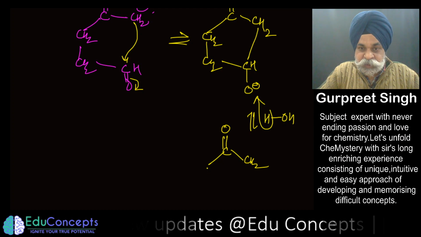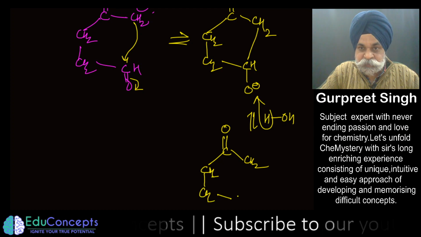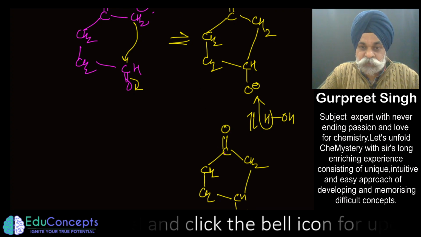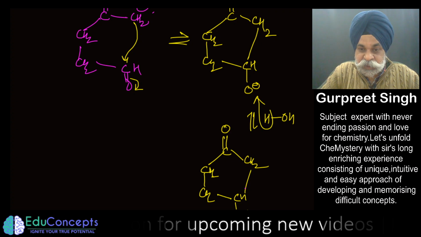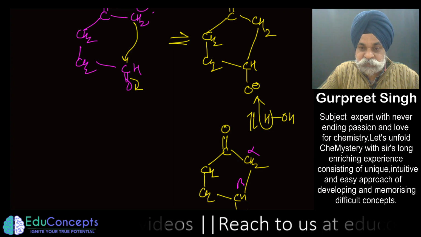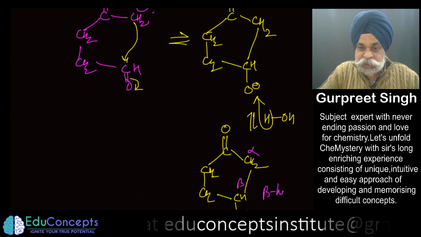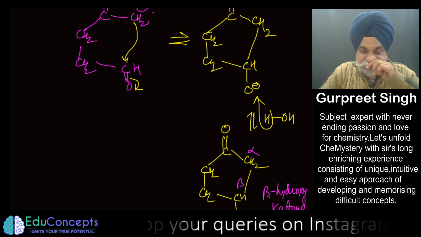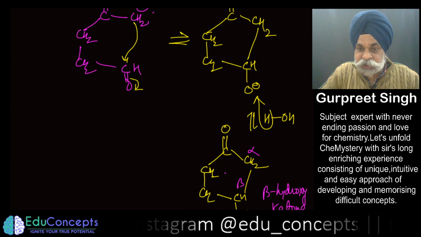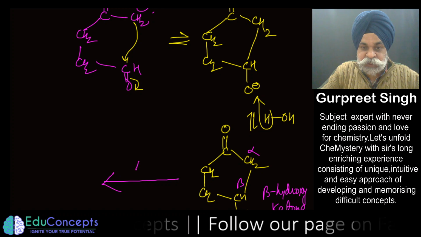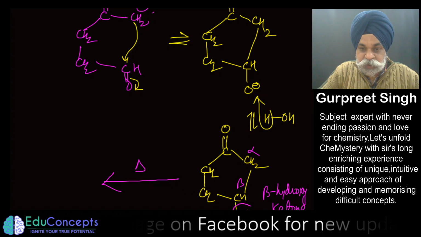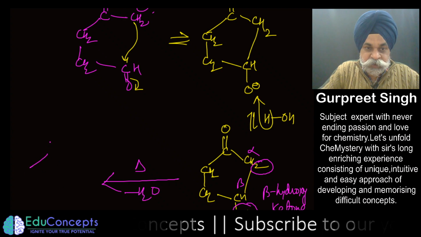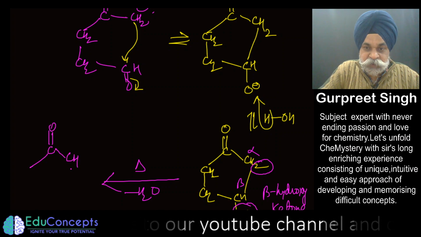What we started with is beta hydroxy. We started with beta hydroxyaldehyde. Now what you get is beta hydroxy ketone. Again, this is alpha, this is beta. Now you end up getting beta hydroxy ketone itself. The only difference is this beta hydroxy ketone has a 5-membered ring, and the last step of this reaction was heating. Once you do the heating, the OH from here and H from here go out as water, dehydration, and you end up getting this compound.